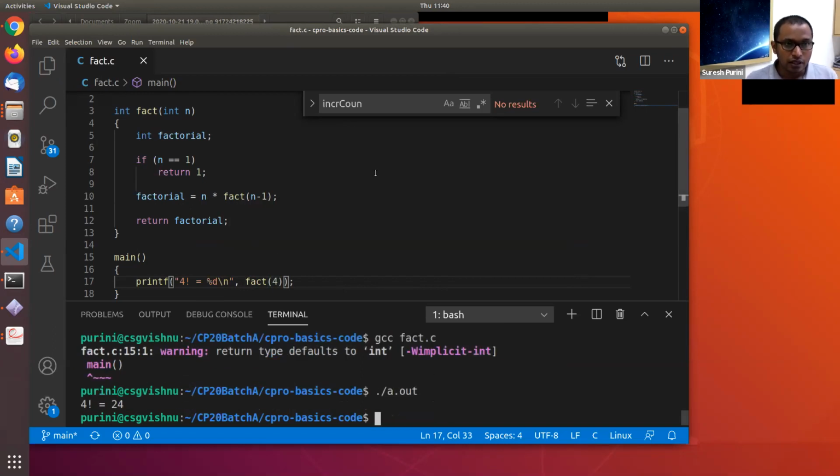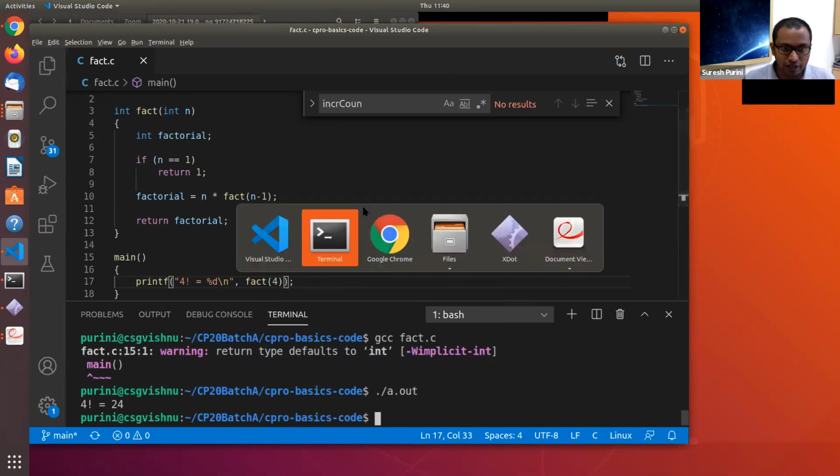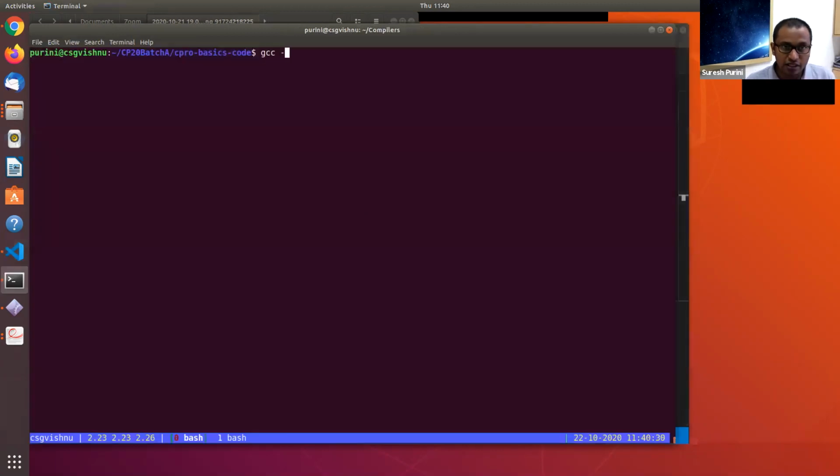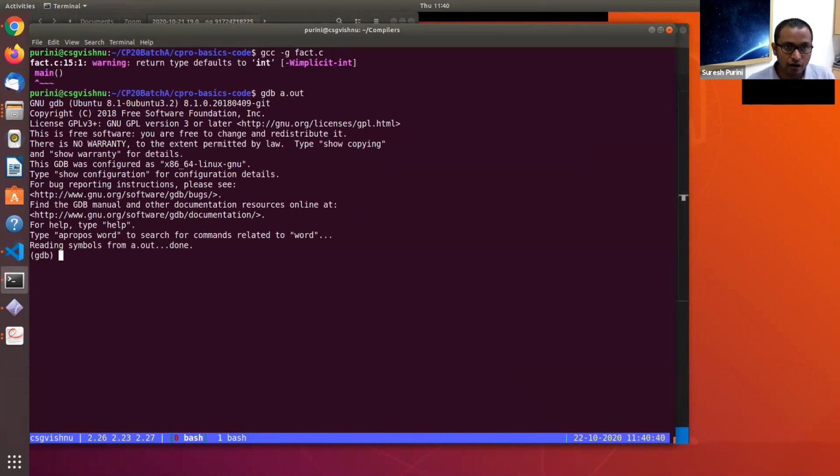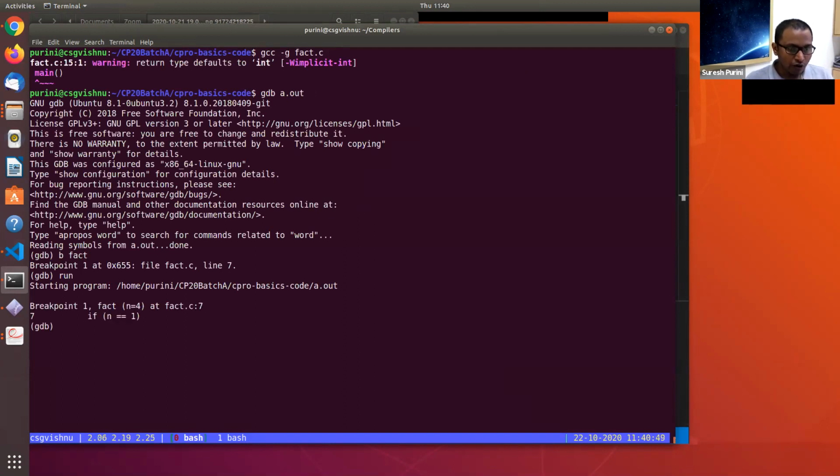Now let's try to use GDB and see what is happening. So gcc -g fact.c, then gdb a.out. Break fact, run. Now we are in TUI enable.